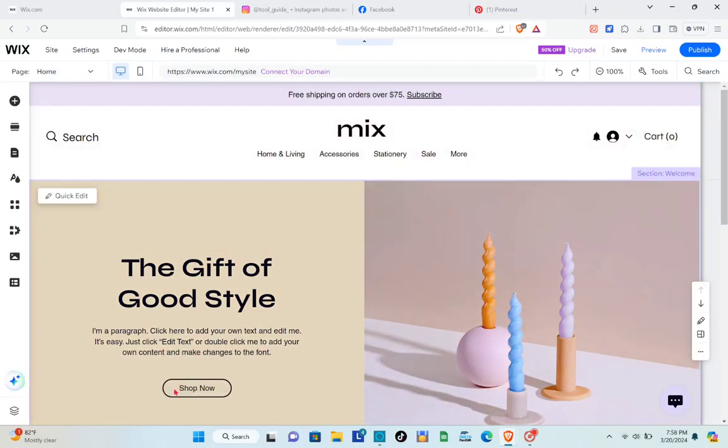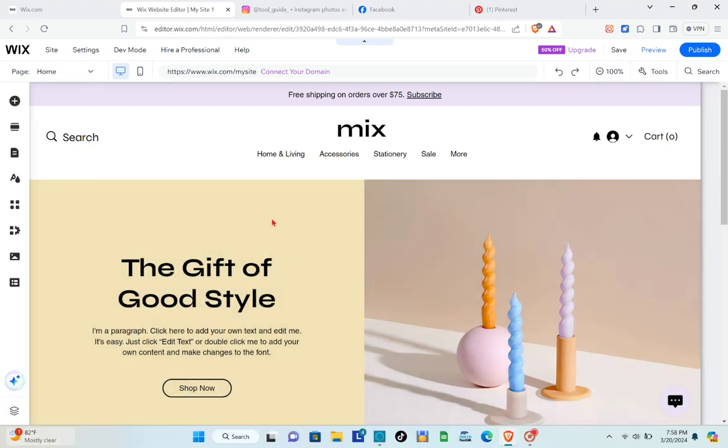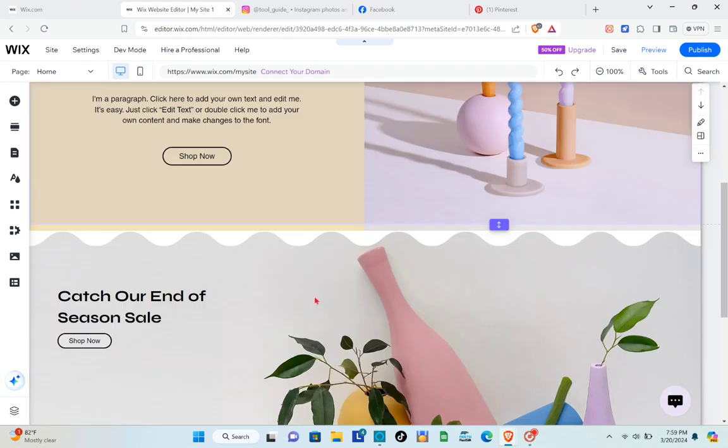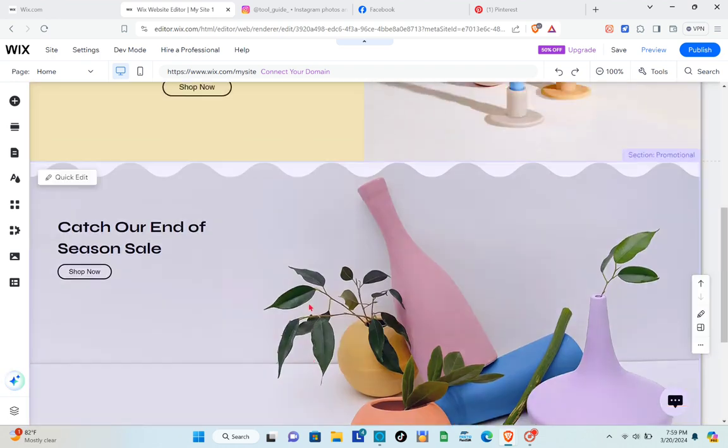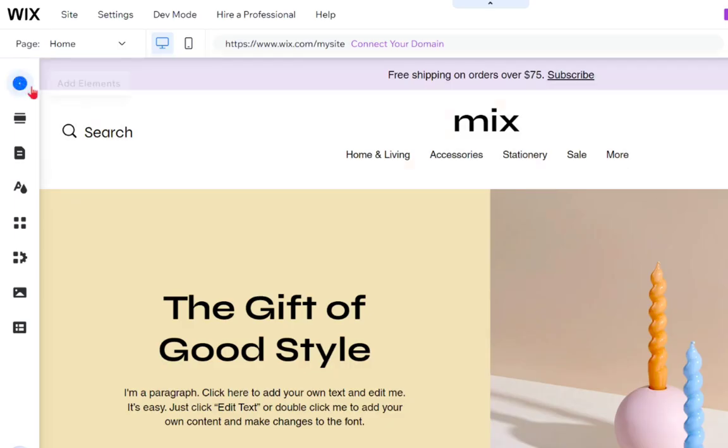In this video, you will learn how to set up social media links on a Wix website. First, make sure that you are on your Wix website. And now that you're here, you just have to click on these options at the left side of your screen,